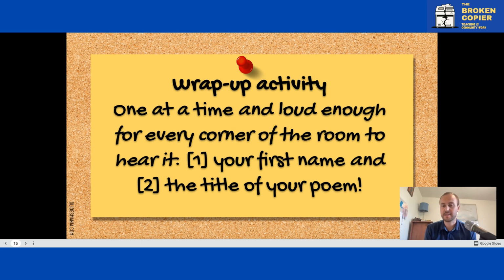And why I believe in this lesson so much as the first lesson is I feel like it sets a foundation for what we're going to do in this classroom space the rest of the year. I love it. And I love teaching poetry, but I also just really appreciate what this lesson can do to set the stage for a classroom for the rest of the year.